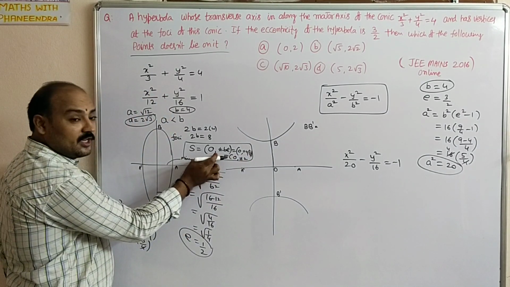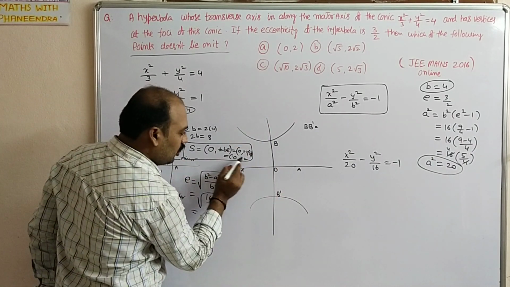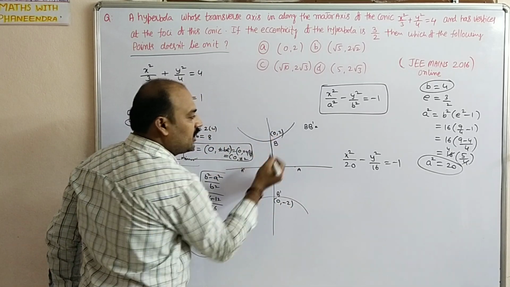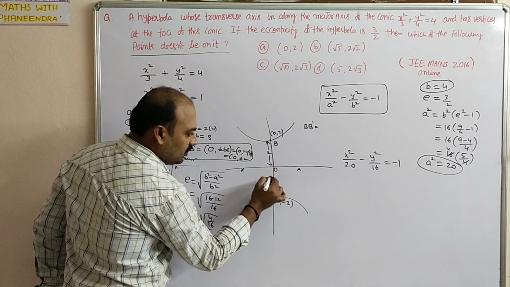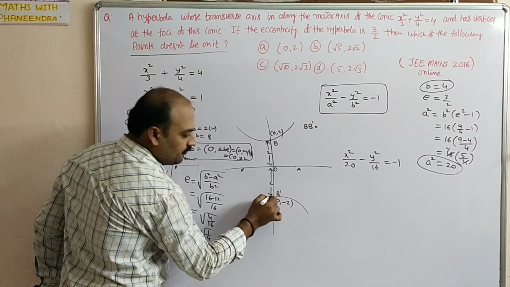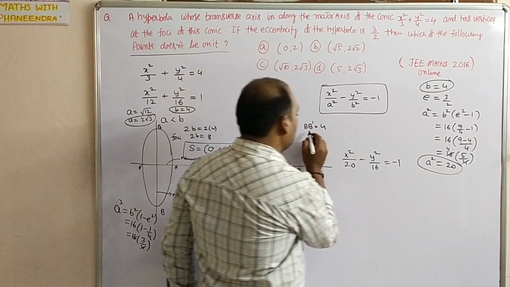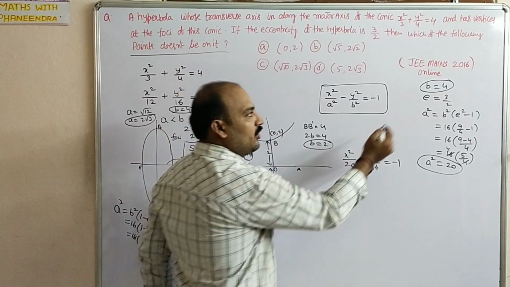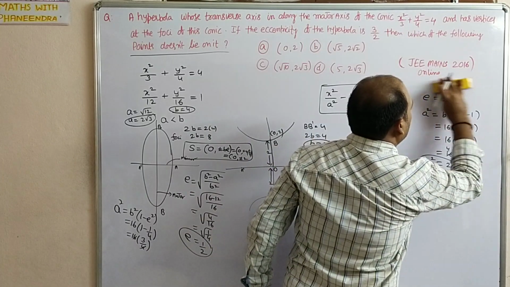So these foci are the vertices of this hyperbola. So 0 comma minus 2 will be here and 0 comma 2 will be here. So b dash value from here to here is 2 units. Yeah, we made a mistake in this. So b dash value is 2 plus 2, 4. So 2b dash is equal to 4, b dash is equal to 2. So what we had taken here is wrong, so we can remove this.